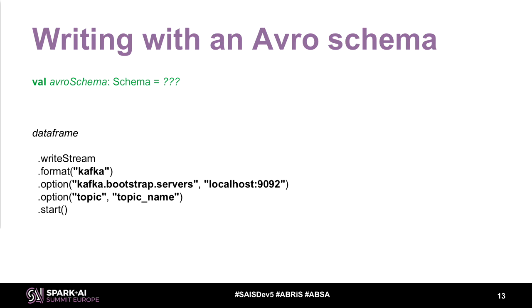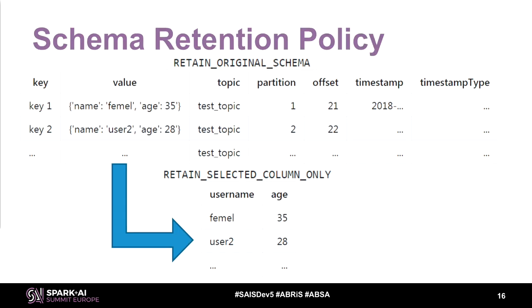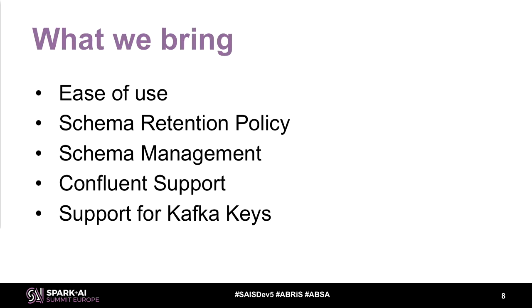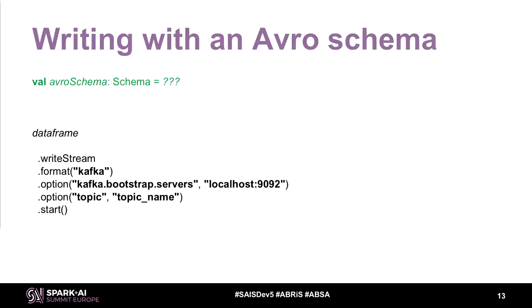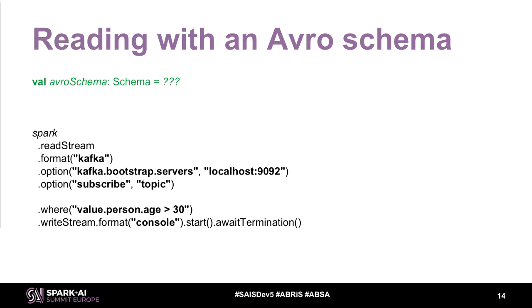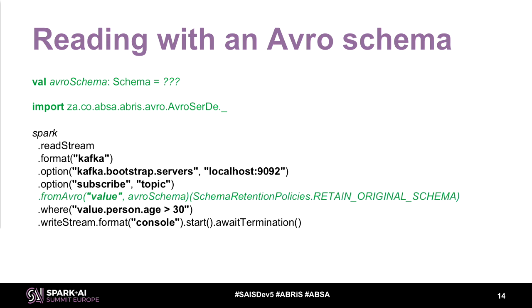So when you use ABRIS, all you really need, in the simplest case, is an Avro schema. Import the library, and you call to Avro passing in the schema. It's as simple as that. Reading likewise, you need the schema, you import the library, and you call from Avro, passing in the schema, as well as the name of the column where the Avro records are stored. And speaking of